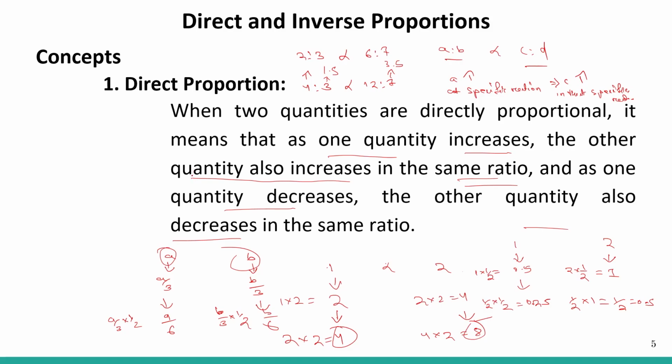So we have discussed the case for the direct proportion between two numbers. We took an example of 1 by 2 and then we doubled it, and we saw that 2 also got doubled, and then it again got doubled. So it followed that exact specific ratio that 1 was following. 1 gets doubled, then 2 gets doubled. Like that, if A gets one third, then B will also get one third because they are directly proportional. Okay, so let's see the second case about inversely proportional.